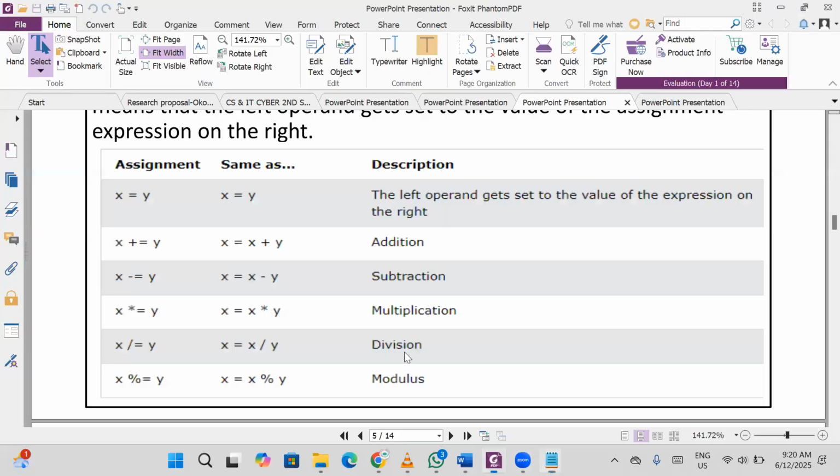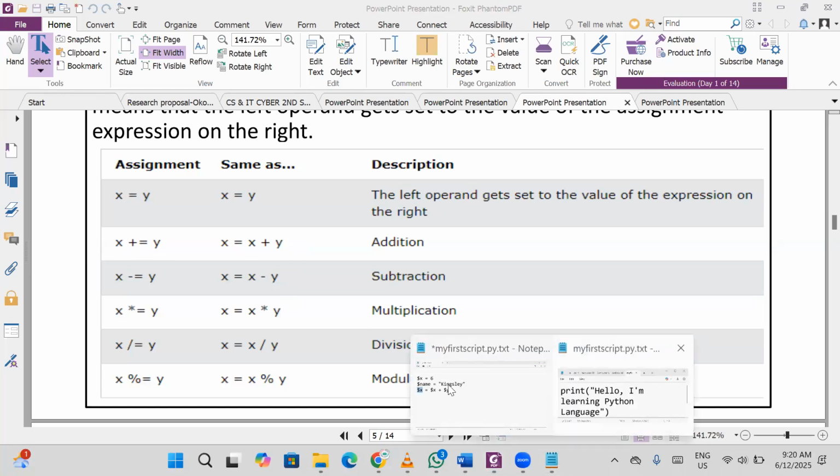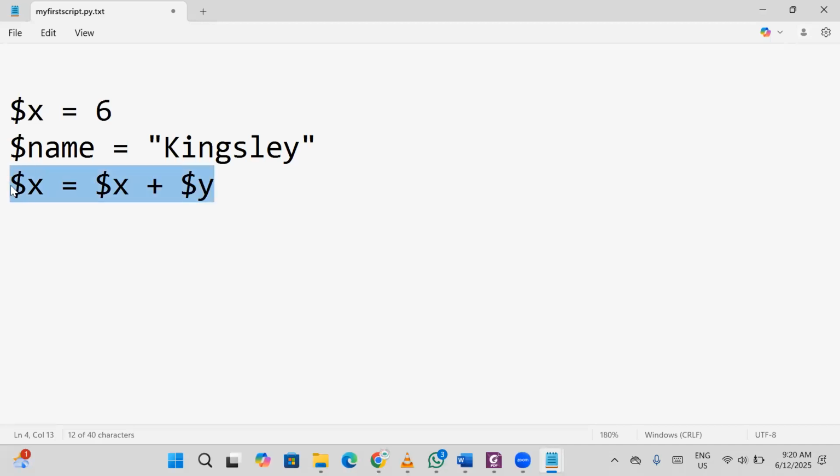Now, there's a way of rewriting this. If you have something like this and you want to rewrite it, you can write x plus equals y, which is also acceptable. All you are trying to say is that this equation here is the same as this. So instead of bothering yourself with something like this, remember x is being repeated here again. So we are saying that if you want to have a shortcut to this,